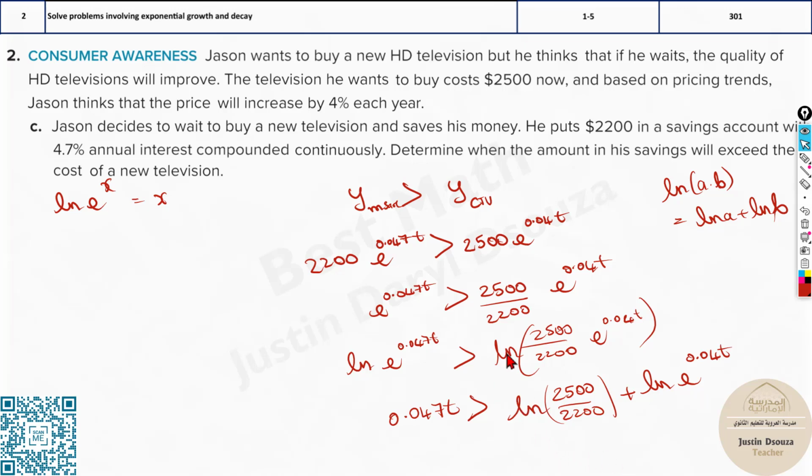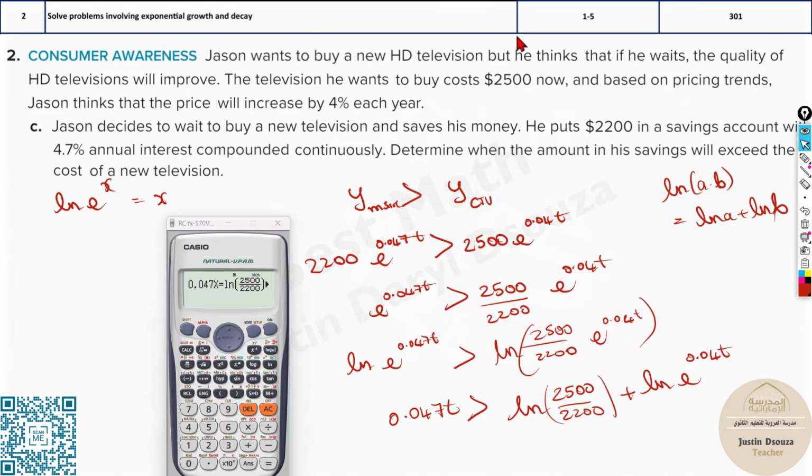I'll directly put this in the calculator and I'll show you the answer now. Here I've just substituted this equation, 0.047 alpha x, instead of t. T is the variable. Now here the inequality is considered to be equal to ln 2500 divided by 2200 plus ln e to the power 0.04 t. So you just press shift and solve. This is the previously stored answer. When you press equal to, you'll get the correct answer. What I mean is it's t equals